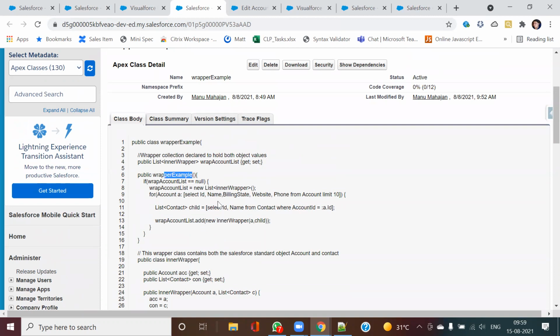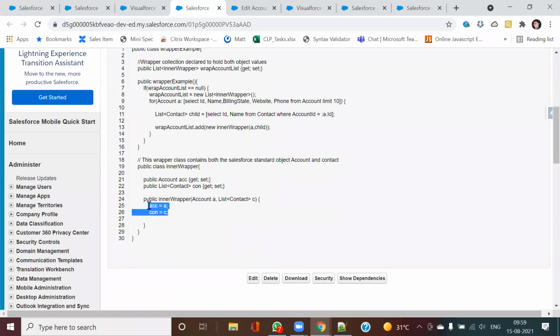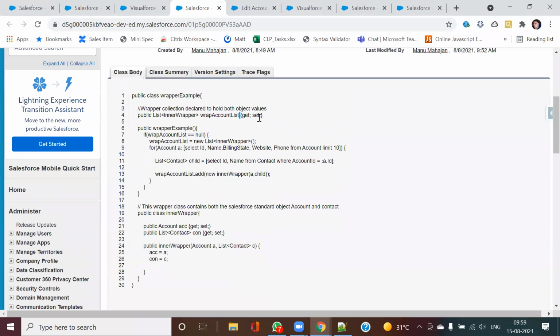Inside this I am checking whether my wrapper list is null or not. In case it's null, I am fetching the account records and this contact record that I'm storing in a wrapper. For this wrapper, I have this getter and setter. So in case I search this thing,